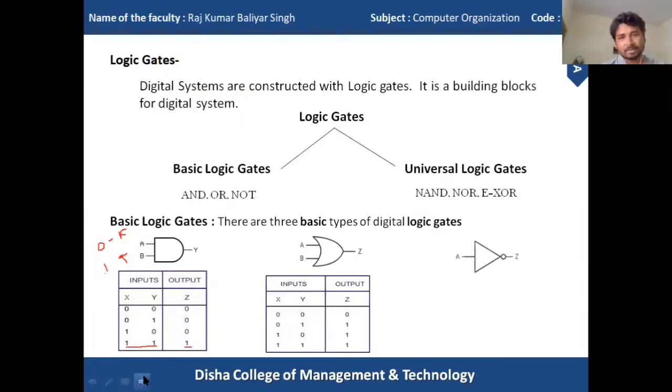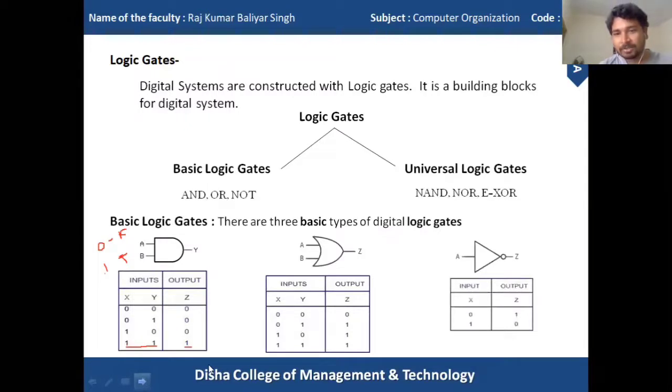The next logic gate is called the NOT gate. It's a quite interesting gate. For this gate, we have only one input value and we get one output value. On the output side, we have a small bubble here. This is the beauty of this NOT gate exactly. As it has one input terminal, we can supply only two values, either 0 or 1. So what happens when A equals 0? What is the opposite of 0 in the case of binary numbers? The value is 1.